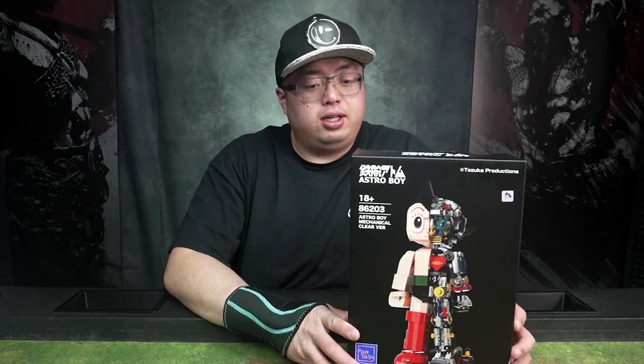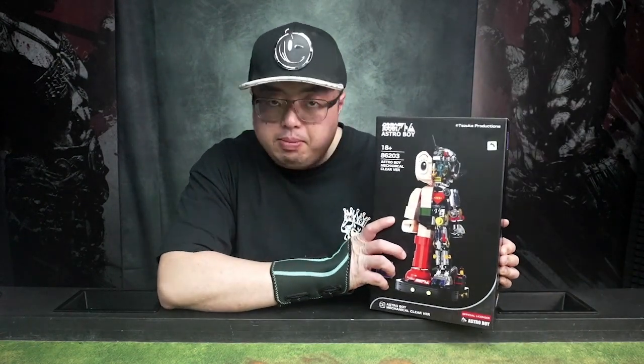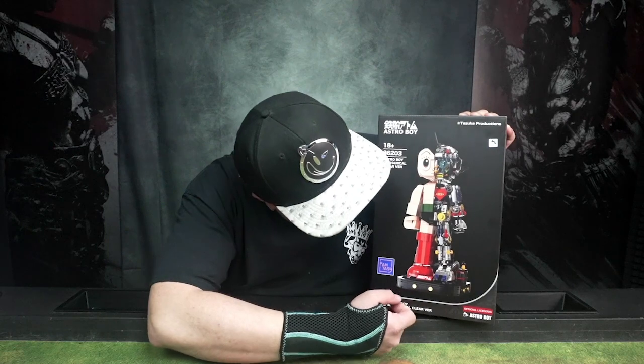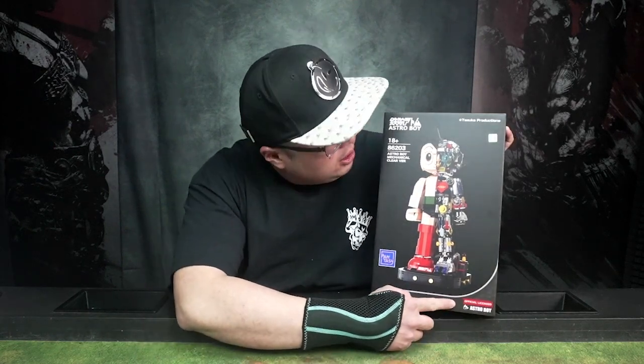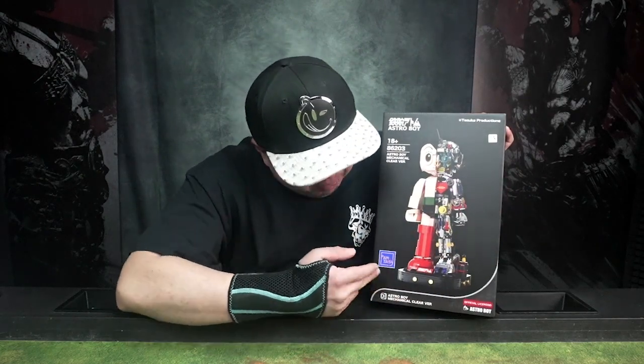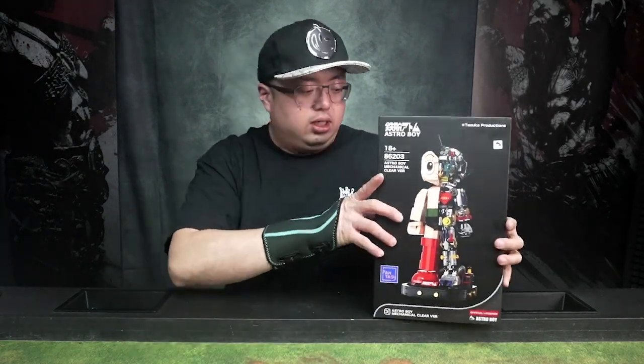Starting with the box art, it shows at the very front pretty much what it's going to look like. So it looks like half Astro Boy and half internals. Again, it shows officially licensed, Astro Boy here, Astro Boy sticker, and Pantasy. So, going to the sides of the box,